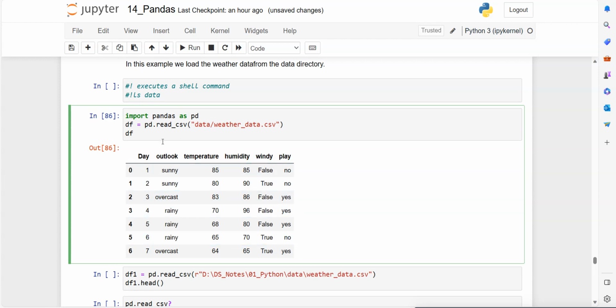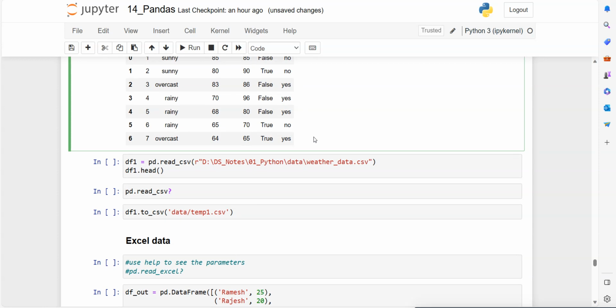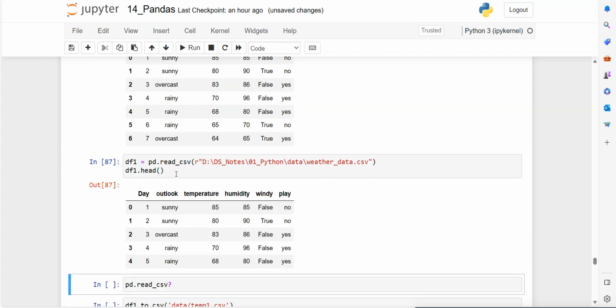Then the data frame is created. So this is my data frame. Or else you can also specify the complete drive path. This is the complete path, and this r means raw data. By default, pandas supports Linux format, which means forward slash, but Windows uses backward slash. In this way also you can create a data frame and display the header part of